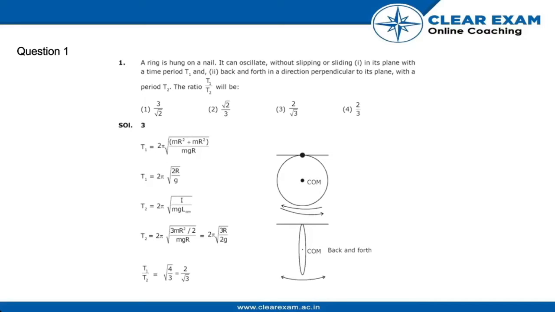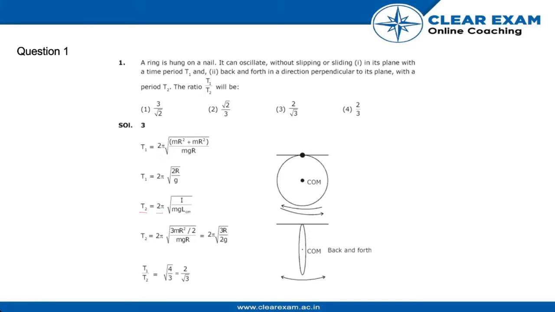A ring is hung on a nail. It can oscillate without slipping or sliding in its plane with a time period t1, back and forth in a direction perpendicular to its plane with the period t2. The ratio t1 by t2 will be, so we know that time period of an oscillating object is given by